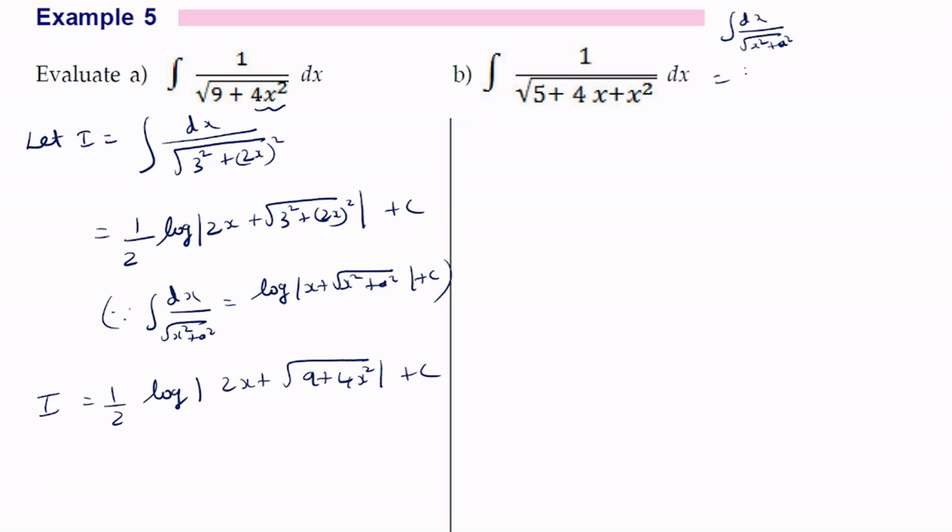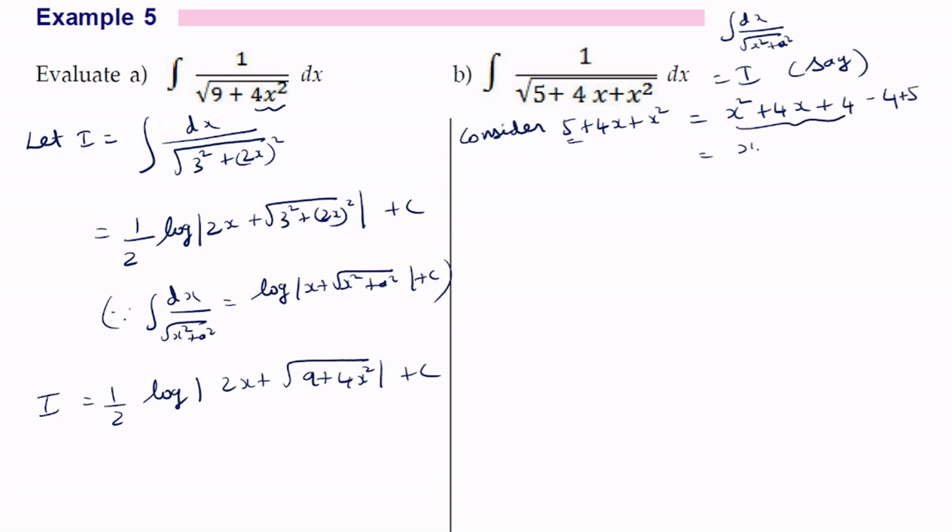So let us take this as equal to I. Now consider 5 plus 4x plus x square. So this is equal to x square plus 4x. If we add and subtract 4, then we will get x plus 2 the whole square. So plus 4 minus 4, and here we are already having 5 plus 5. So this is nothing but x plus 2 the whole square, and here we have 5 minus 4, which is